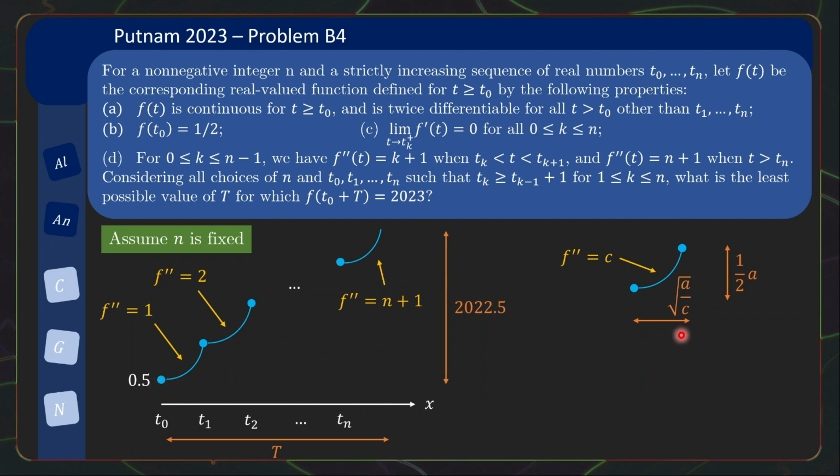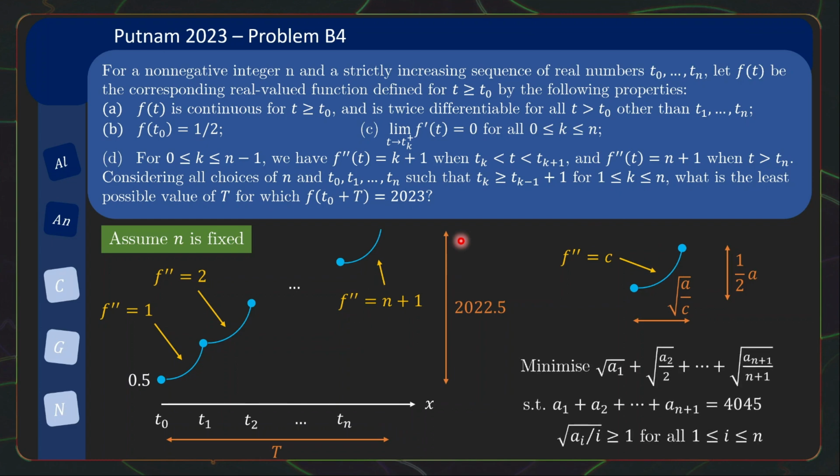So I can completely rephrase this problem to say that I actually want to define the values a1 to a n plus 1 such that they sum to 4045, because the half a's all sum to 2022.5. So all the a's sum to 4045. And the x distance that will be covered is square root a1, plus square root a2 over 2, plus dot dot dot plus square root a n plus 1 over n plus 1. And the point is I want to minimize this x distance because that's the point of the question. So I need to minimize this x distance subject to the y distance